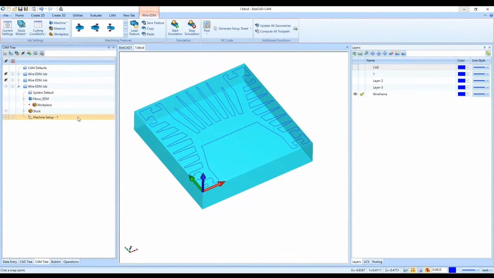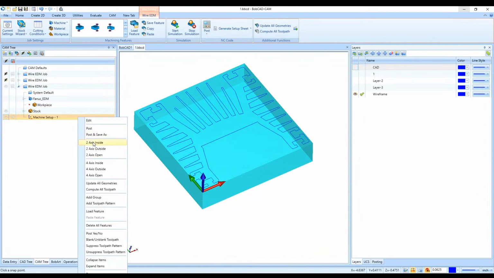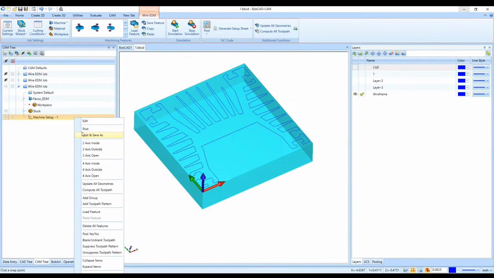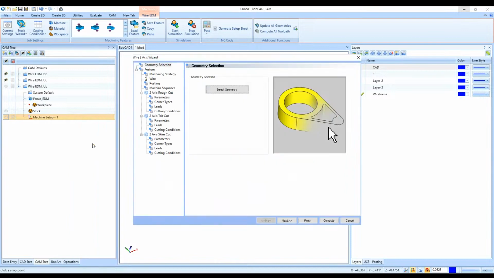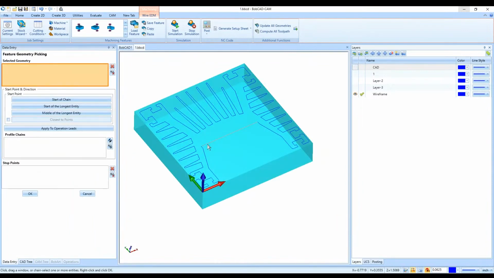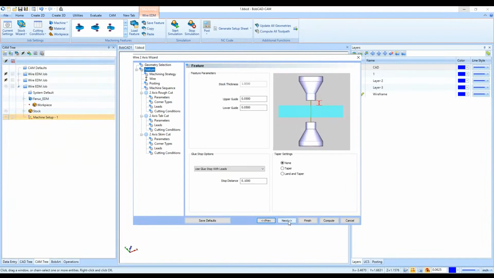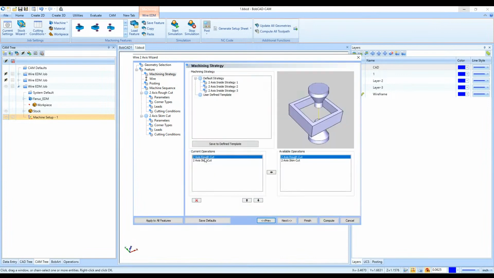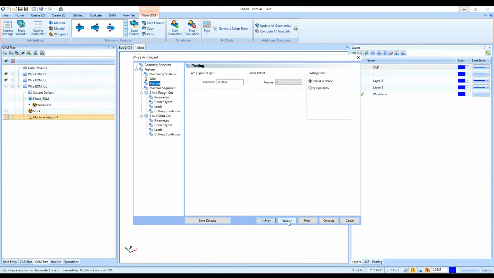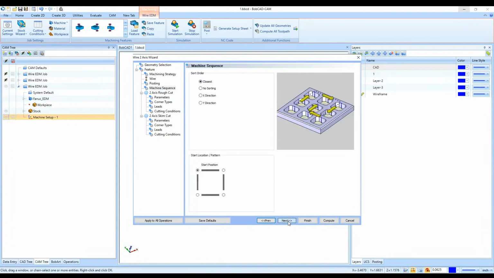Okay, and then we right click on machine setup and we go to 2-axis inside for this one. Select our geometry. And say we're just going to do a rough and a skim pass maybe, then I can turn off glue stop. So I'll say no glue stop. And then it'll just have the rough and the skim cut here. And then I'll skip these pages here. We can get to the